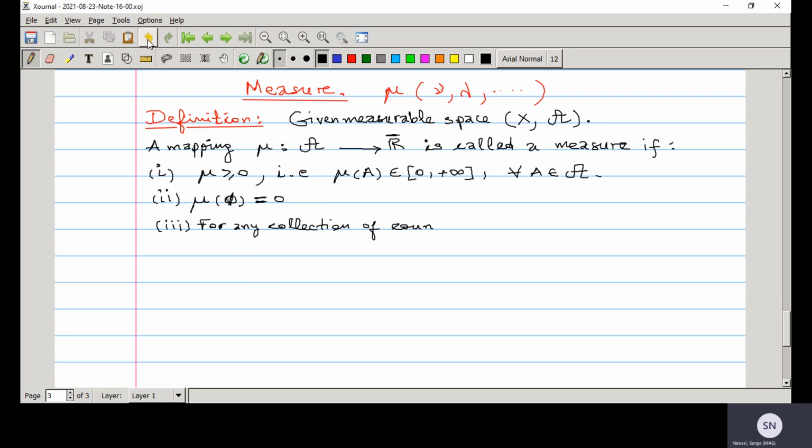So for any countable collection of disjoint sets,